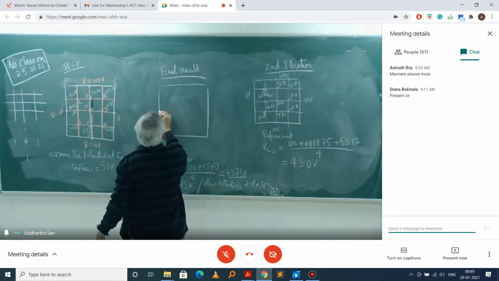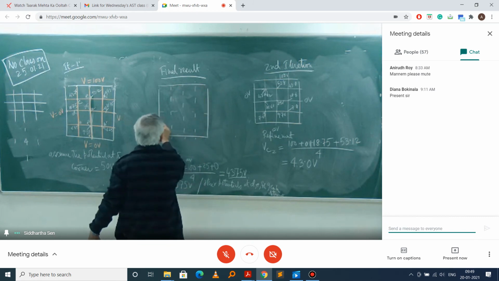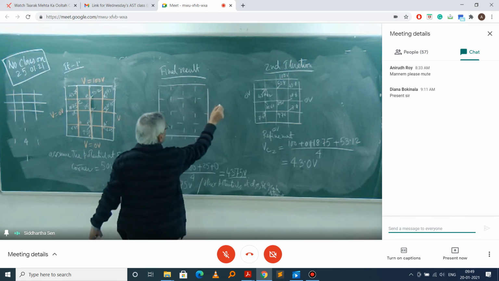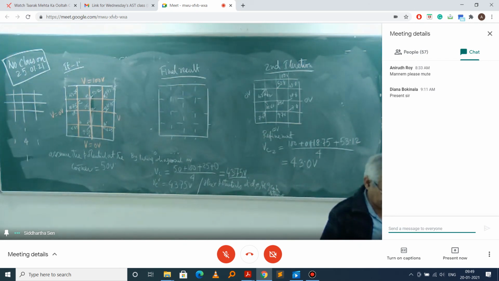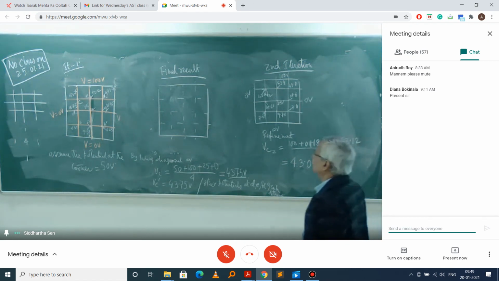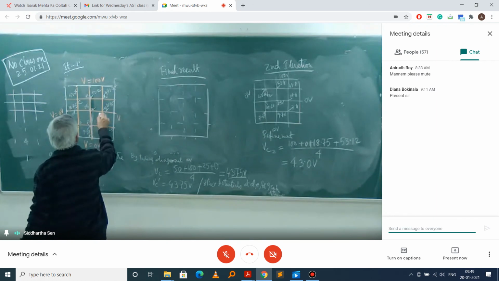But this result depends on the initial starting point, right? Like the middle point that you took as 25 volts, because that remains untouched throughout. Yes? The first point that we had assumed the voltage, that remains untouched throughout the iterations, right? This point. If we add this one, it will also become 25. That's why it did not change.